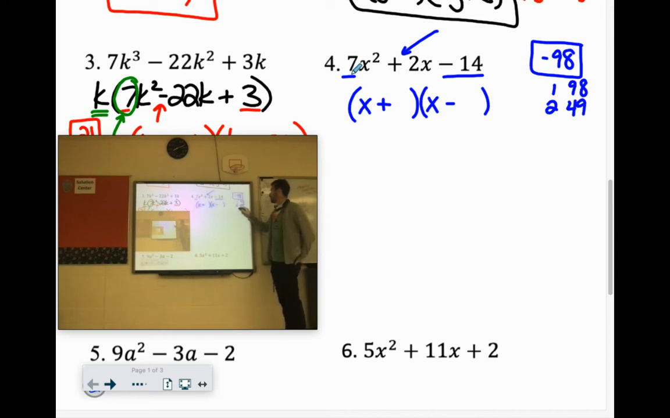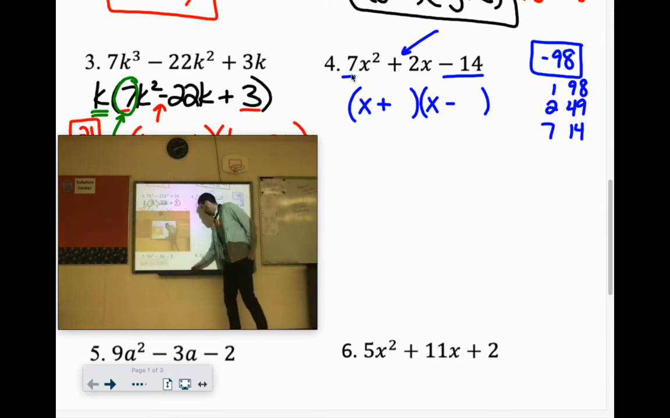3 doesn't go in there. 4, no. 5, 6, no. 7, yeah. 14. 8, no. Is this one not factorable? 9, 10, 11, 12. Okay. I don't think we can factor this one, because none of the factors are 2 apart. Great. And what is